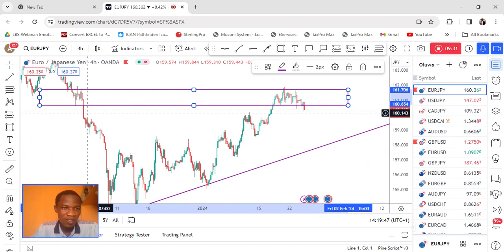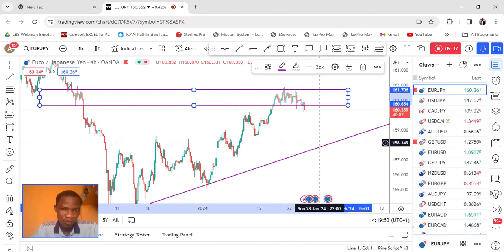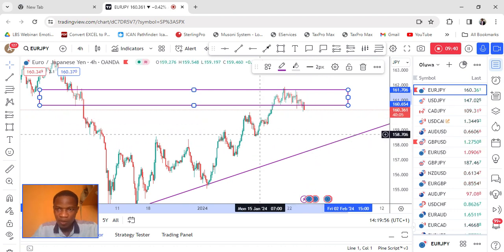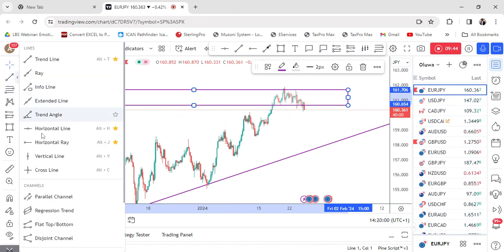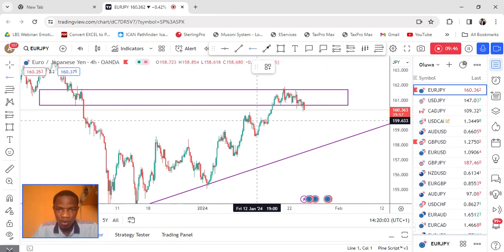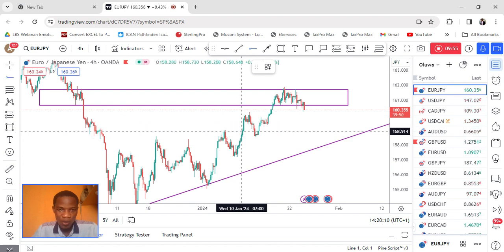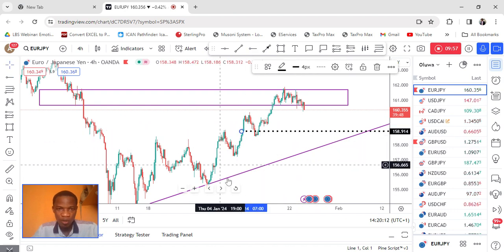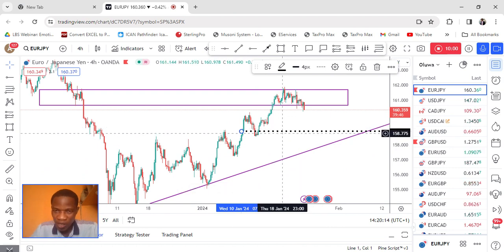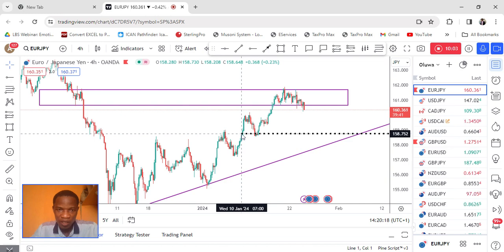If we see this kind of movement in this place, we will know that this market is going to come down to this particular spot. Let me draw my real line here so that you understand what I'm talking about. This is where we are expecting the market to come before we know whether it has changed direction. If the market breaks this particular line, it shows that the market has changed direction,